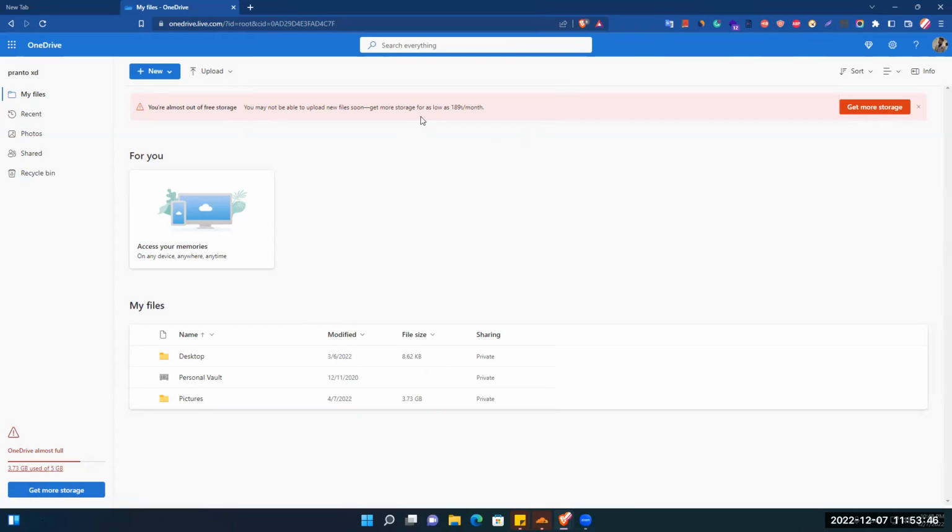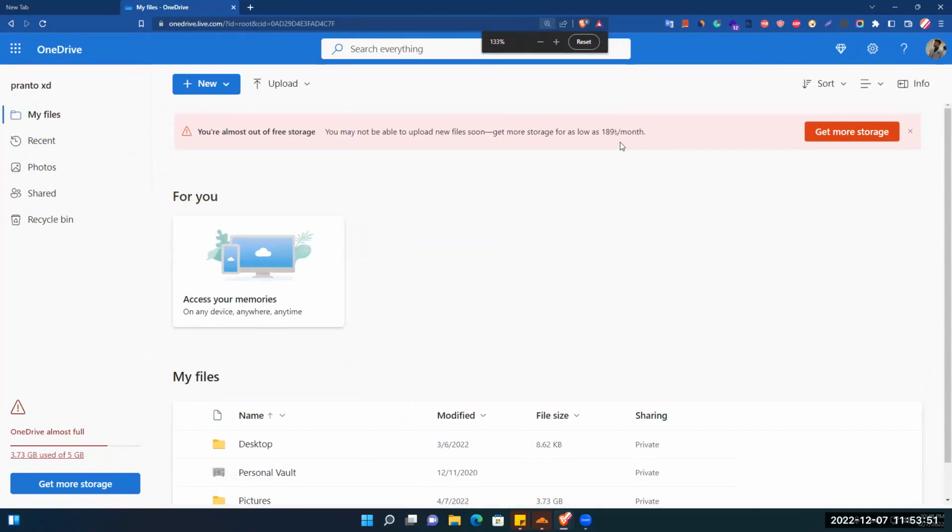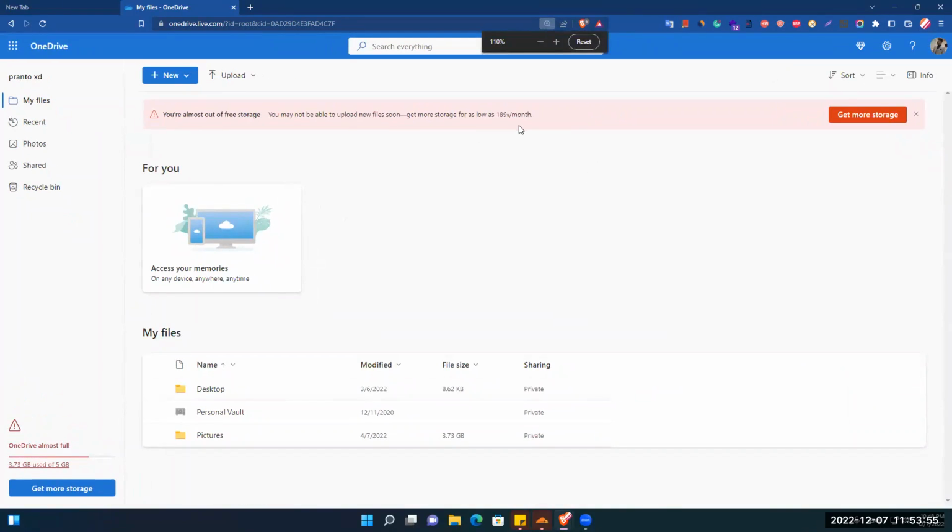This is 189 taka per month, as I'm using it from Bangladesh so it shows BDT, but otherwise you will get the dollar price here. Based on this amount, I think it's about $1.50 per month.